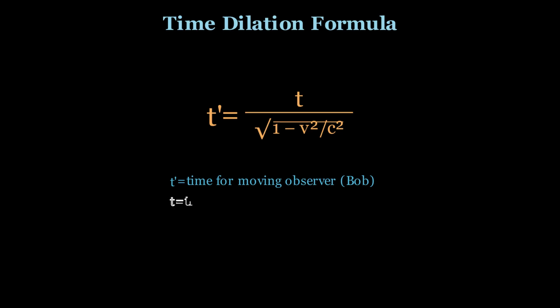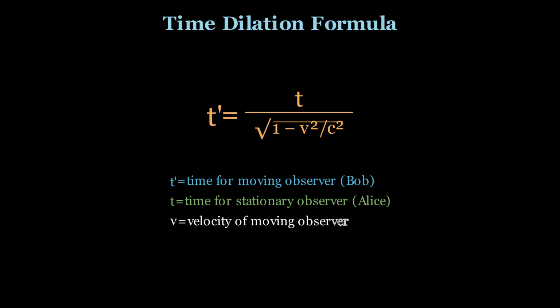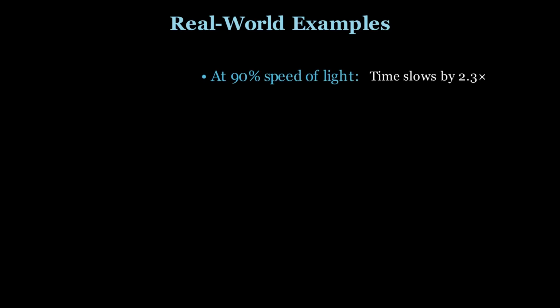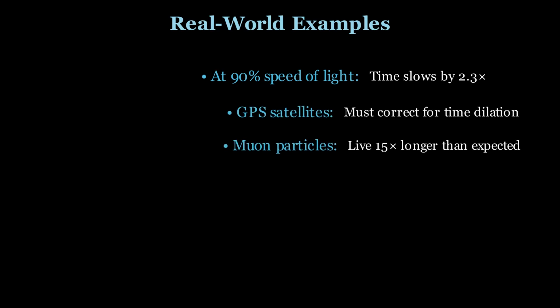The formula shows that as velocity approaches the speed of light, the denominator approaches zero, and time dilation becomes infinite. At light speed, time would stop completely. Let's look at some real examples to see how dramatic this effect is. At 90% of the speed of light, time slows down by a factor of 2.3. That means for every year that passes for a stationary observer, only about 5 months pass for someone traveling at